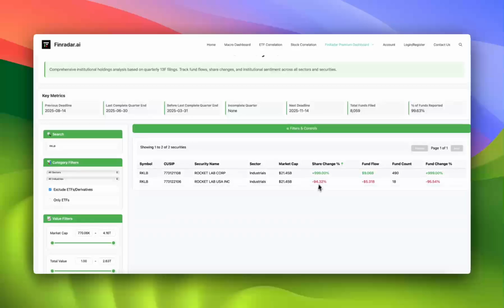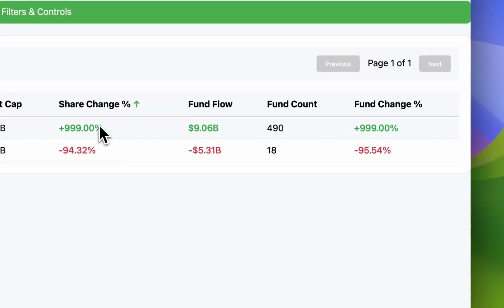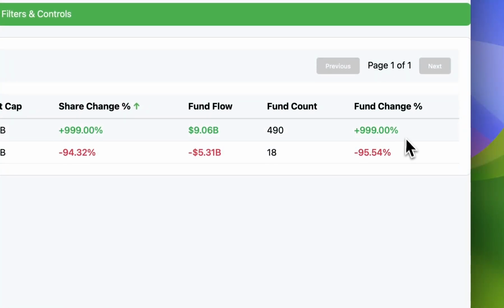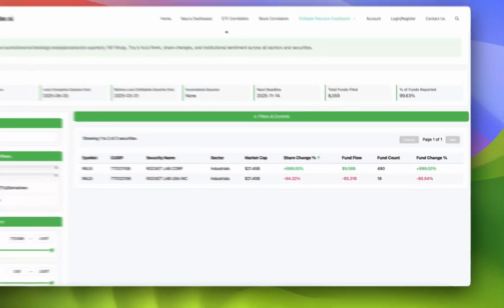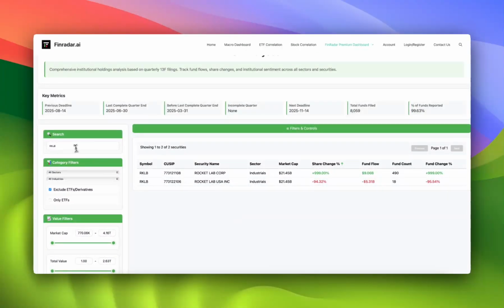So when you find an interesting idea, always double check that the ticker is not listed twice, and that the high share dump or share loading is not actually a glitch caused by a change in the CUSIP number. This usually happens during a material corporate change that forces the company to change its identification number known as the